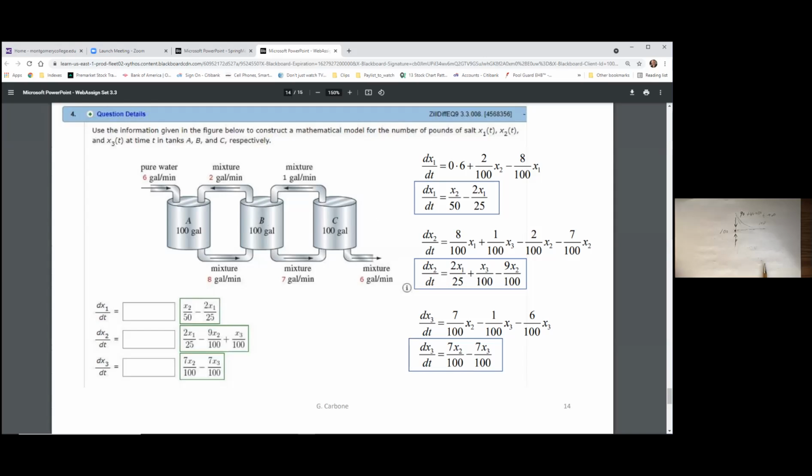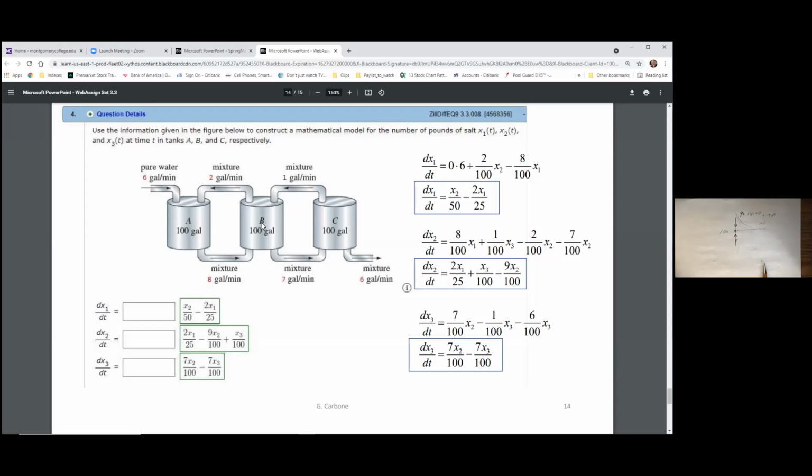Yeah, but I'm trying to figure out why both of them were X2. It's X2 because it's coming out of B, and we're representing the amount of salt in B as X2, right? The amount of salt in A is X1, the amount of salt in B is X2, and the amount of salt in C is X3. Now, for example, for the first one, why didn't we set 0.6 and then 8/100 as